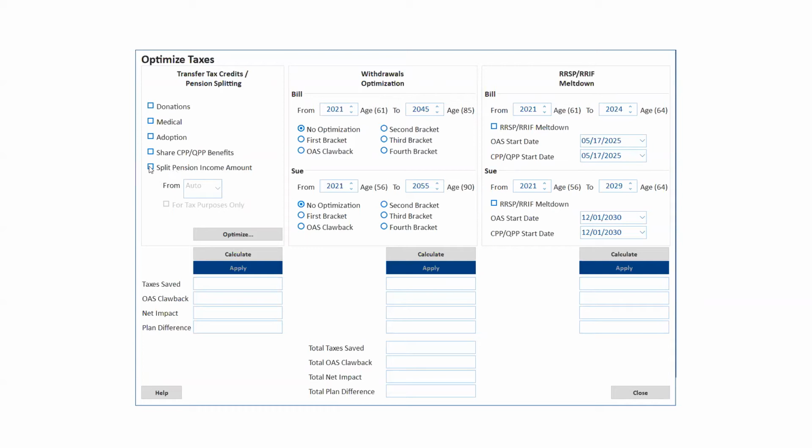You can go in, select a checkbox, click the calculate button, and see what effect a particular selection will have on taxes saved, OAS clawback. Net impact is the sum of the two. One might be positive, one might be negative. And then plan difference is the effect on the plan overall. The reason for that is because there can be secondary factors like return on investment that play a role in the overall tactic. It's important to understand that this particular tactic